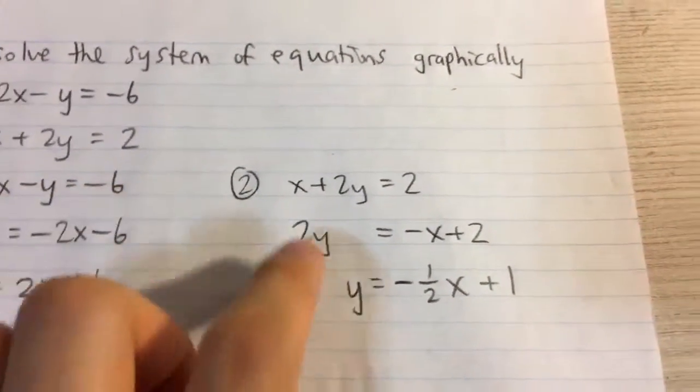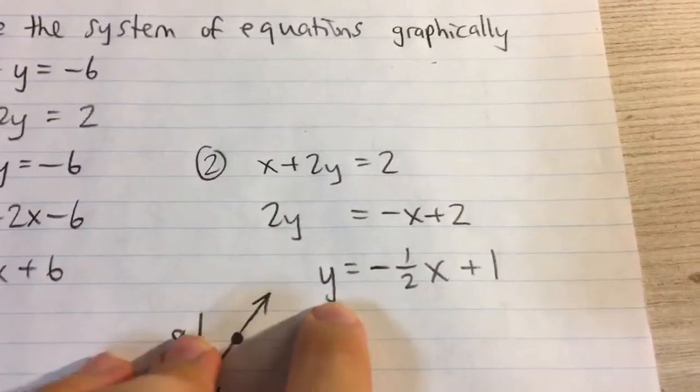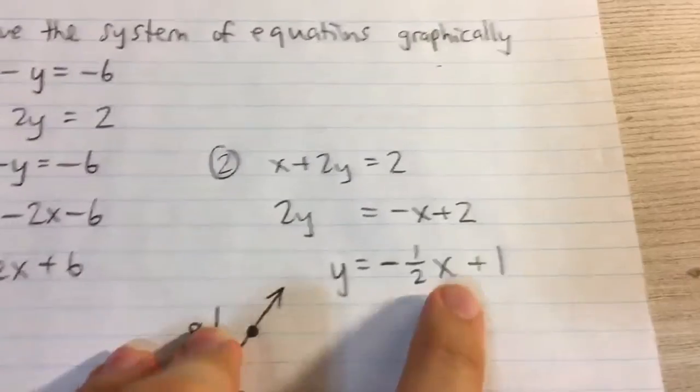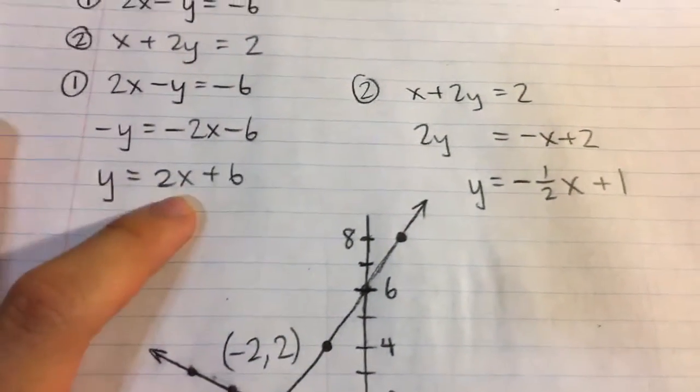Over here for equation 2, I'm going to subtract x from both sides and then divide both sides by 2. And so I get y equals negative 1/2 x plus 1. And so these are my two lines that I want to graph. So the first line, y equals 2x plus 6,